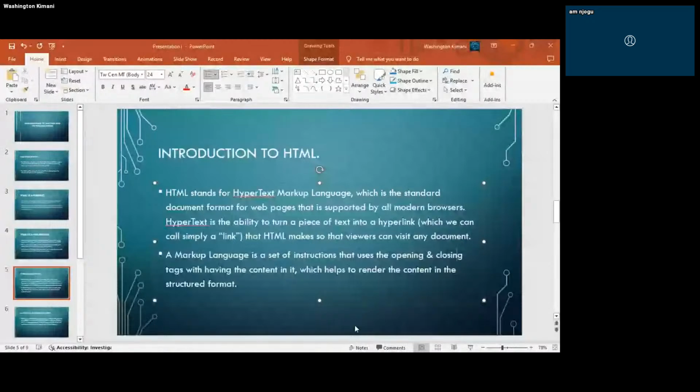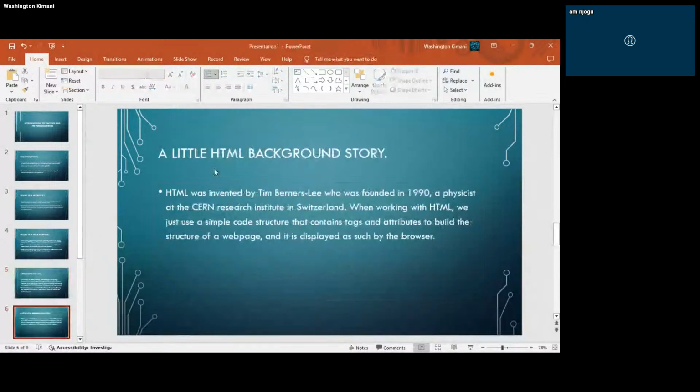Acha tupite the literature kwanza. I know you don't like the literature, lakini please bear with me. It will be only a moment. HTML is a set of instructions that uses opening and closing tags. We shall get to that, with having the content in it, which helps to render the content in a structured format. So HTML basically is a structured way of rendering tags on a website. So there's a little HTML background story. It was invented by Tim Berners-Lee, who was founded in